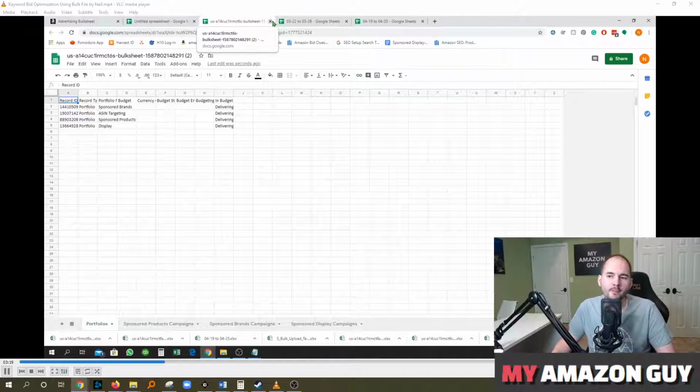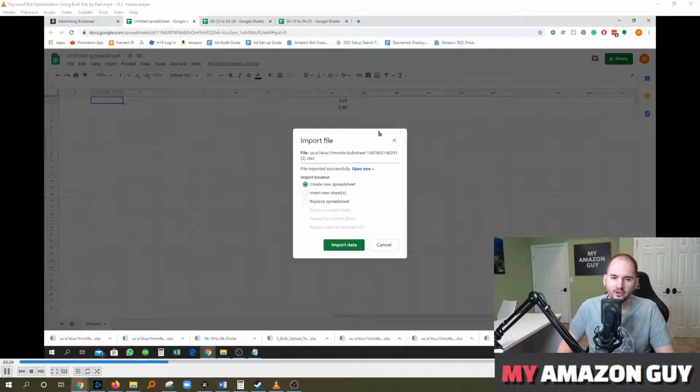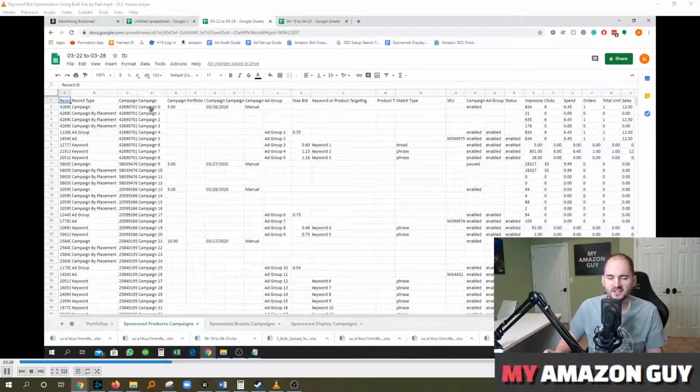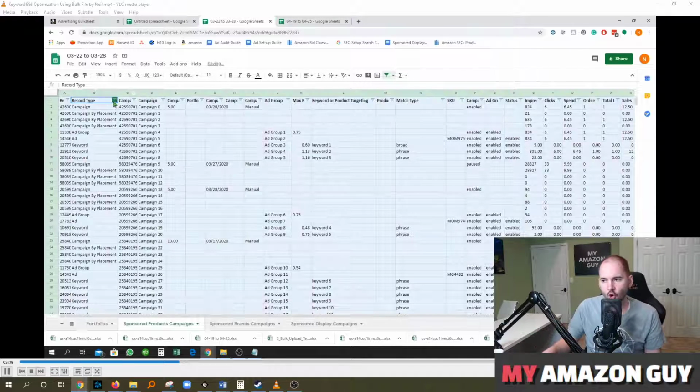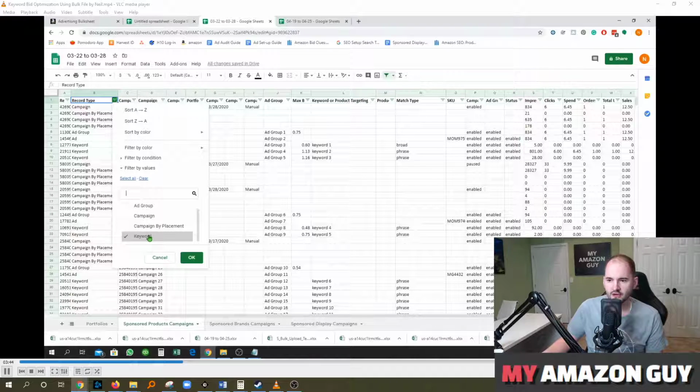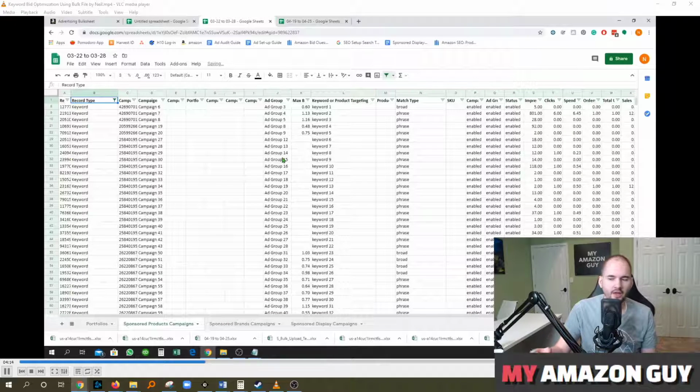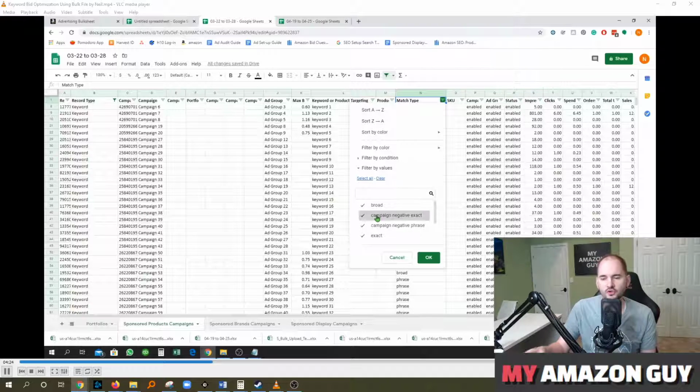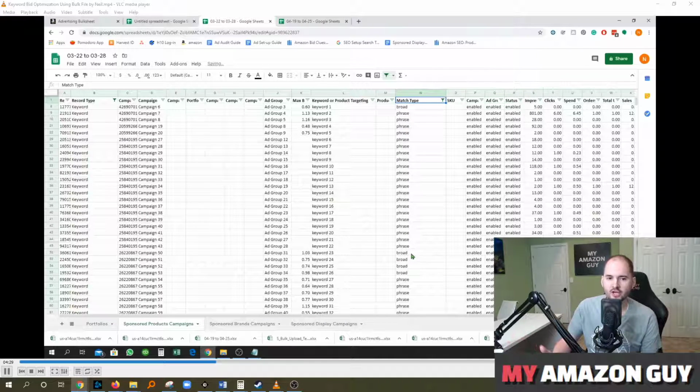A couple of the most common things that you can do with this bulk file is make multiple bid adjustments at the same time, right? And if you filter the file appropriately, and you can see here we're selecting how we're going to be filtering this to pay attention to certain aspects. We're going to be choosing to filter mostly for keyword in this instance. You can figure out which keywords are getting not enough impressions. That's the easiest one to do. And then you can also see which ones haven't had a sale but have had impressions